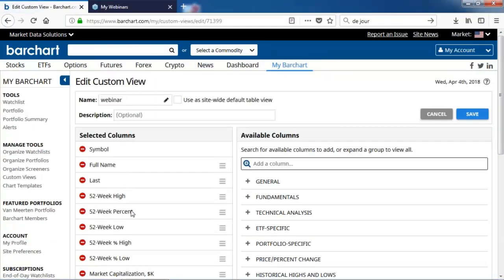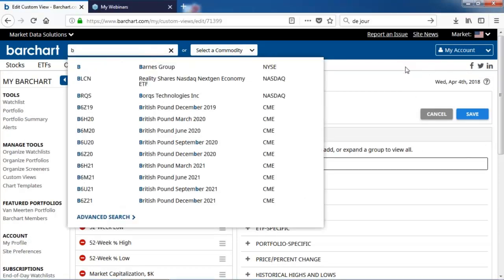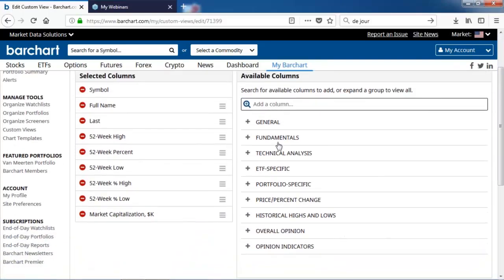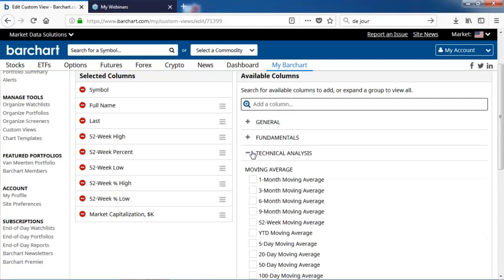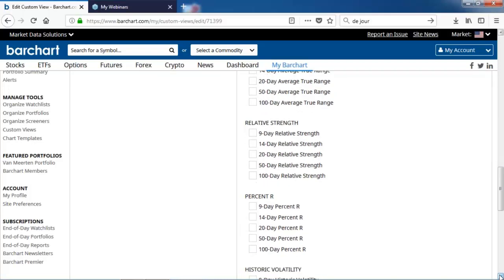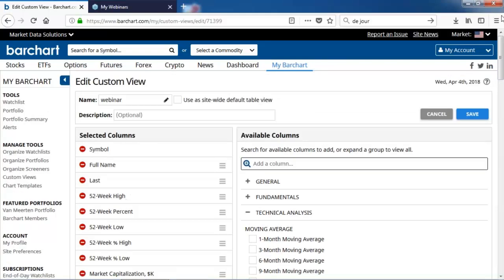And again, there are a million different combinations of all these data sets of available columns on the right-hand side. Let me get that off my screen. So all these data trees you can open up to get all of this additional information. If you wanted to look at technical analysis, let's say, you could add a moving average so you know where the moving averages are, or the average volume or stochastics, ATR, percent R, historical volatility. It's all there, so you can use that in your columns if you so choose. So now we've added market cap.